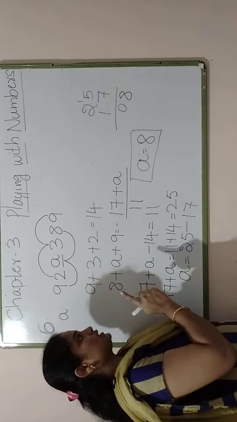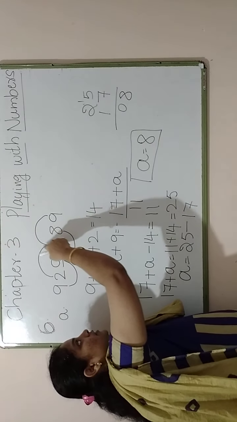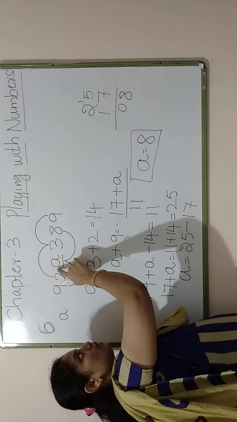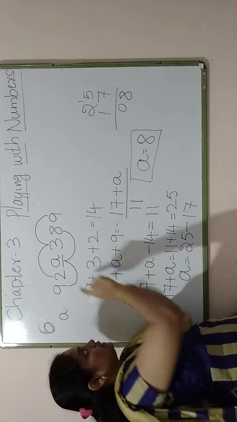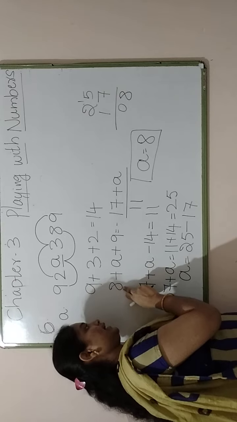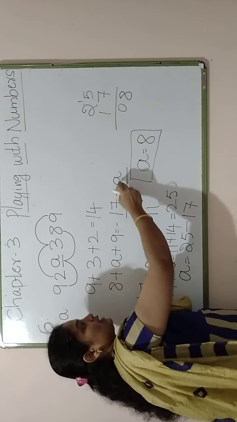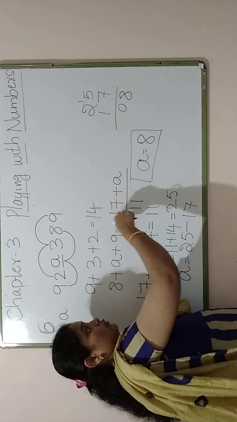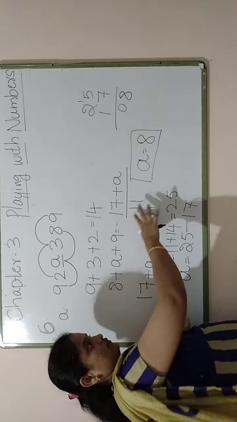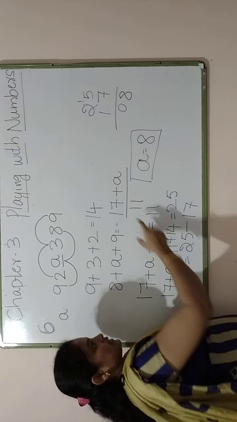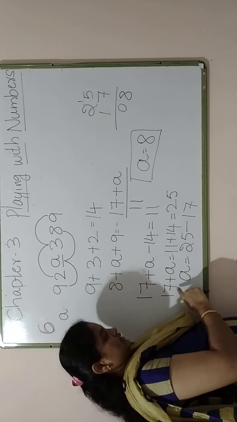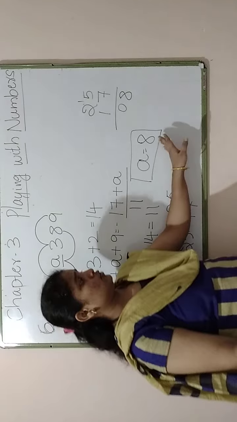So what did we do? See here, sum of the numbers at the odd places and sum of the numbers at the even places. Right now we are considering this number as a, small a. Okay, let us consider that. When we add this, that is 8 plus 9 is 17 plus a. Keep the a remaining. So we wanted to find out the difference between these two numbers should be 11, right? And we have taken that. So let us write 17 plus a, this number minus this number, we will get 11. So when we solve the problem, a is equal to 8.